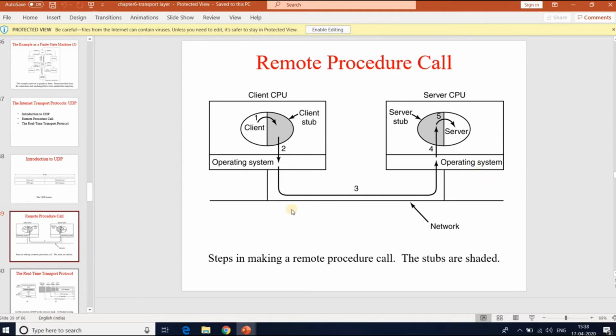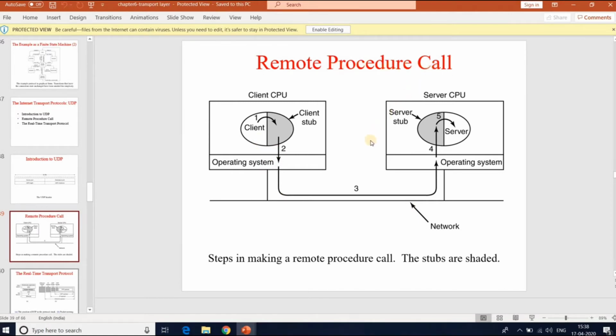Information can be transported from caller to callee in the parameters and come back in the procedure result. No message passing is visible to the programmer. This technique is called RPC. RPC stands for remote procedure call.